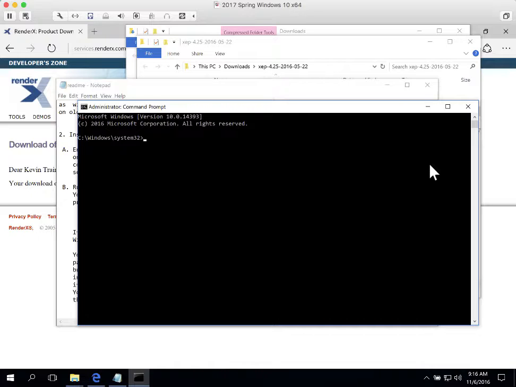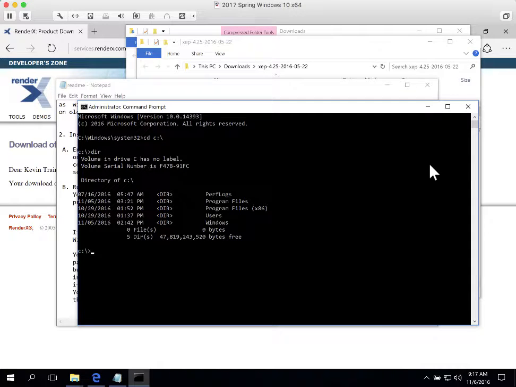So what we want to do is go to the top of the directory system. So let's change the directory, cd space, and the top of the directory for the C drive is C:\ and then enter. Okay, and we can see from the prompt that that's where we are. We're at C:\. And when we want to see what's in that directory, we just type in the directory command, dir, enter, and we can see that we have